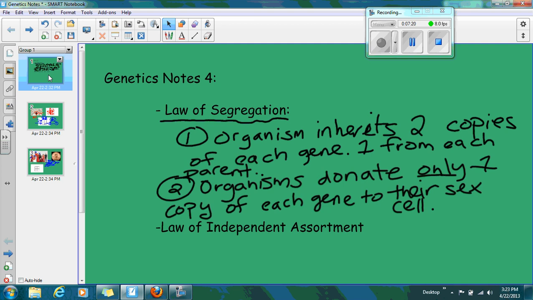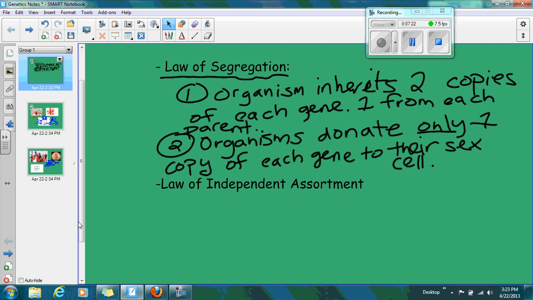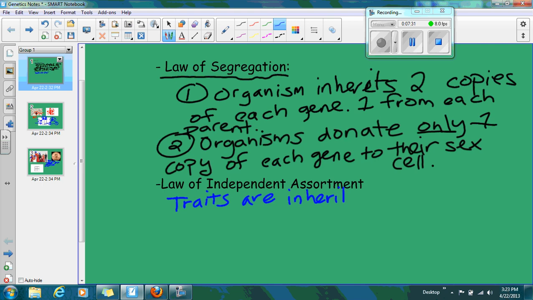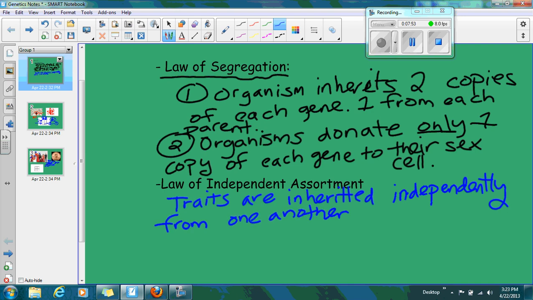So, the law of independent assortment says that traits are inherited separately or independently from one another. And so what that means, I'm going to explain. Example, Chloe